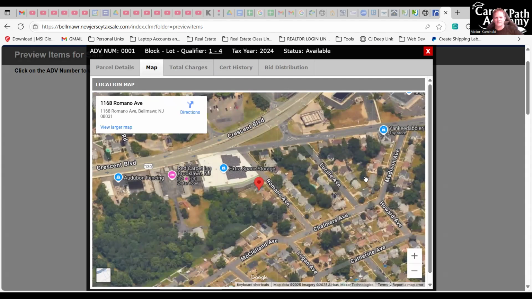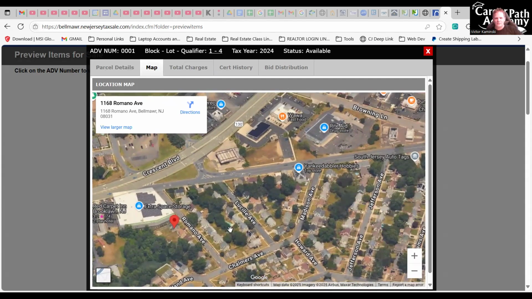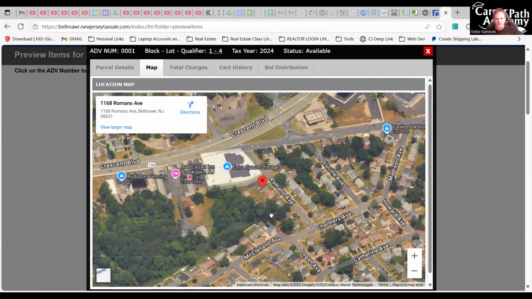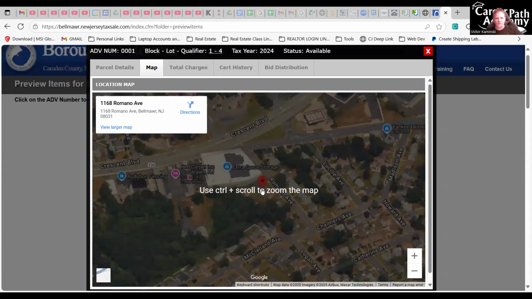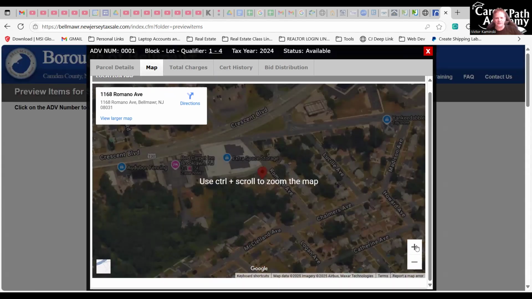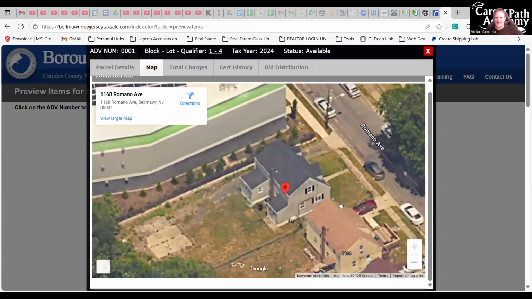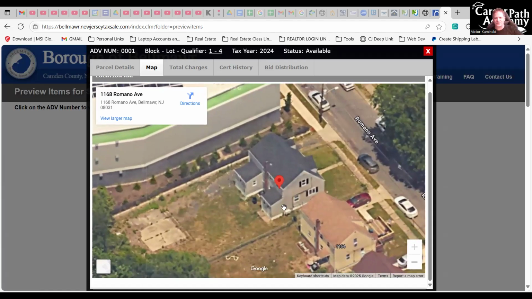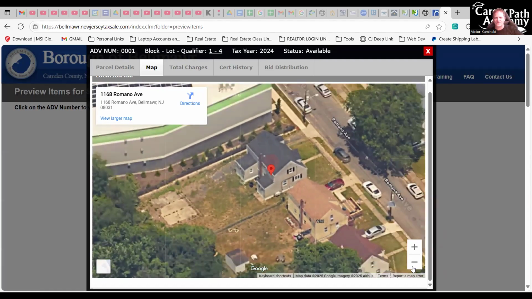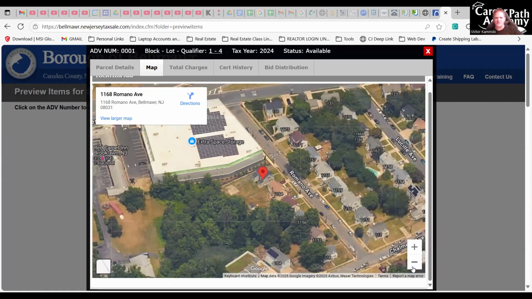Look at that. Wait, is that the? Oh no, here's the property. It's right behind the Extra Space Storage company. Looks like a pretty nice house. Looks like it's fairly new too. Pretty big for the size. $1,000, that's not bad. Yeah, for $950, it's not a bad investment, right?